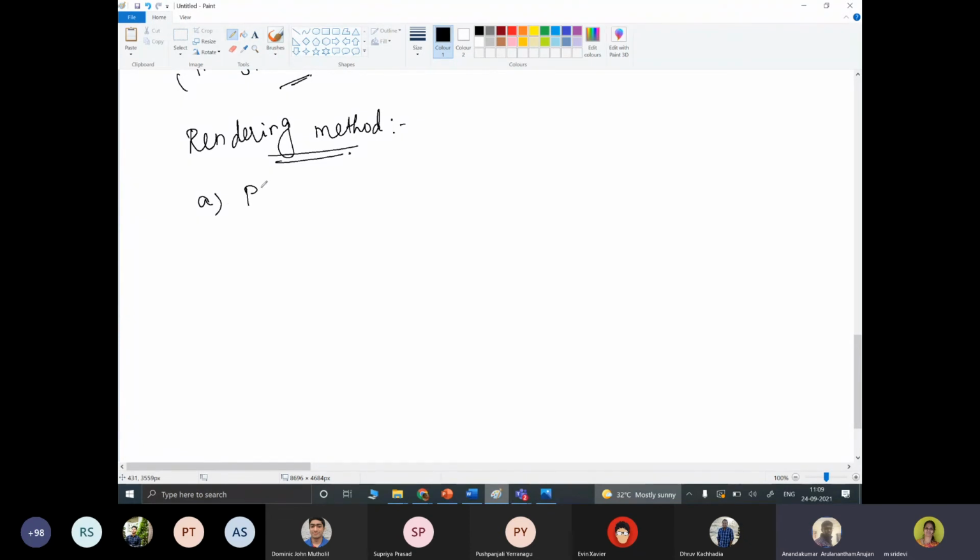Another one is the ray tracing method. Two different methods for rendering; these two methods are popularly used. The first method is the polygon rendering method.